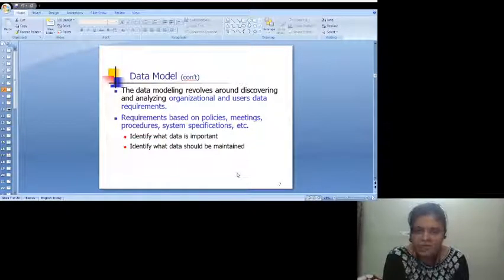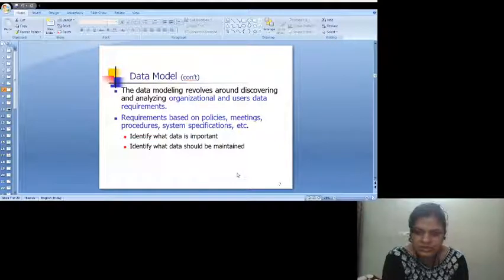Why am I saying data is important, and what data is important? Because not every data is important for every system. The data is meaningful for a particular system. For example, if I'm talking of a library system, some entities are very much important for the system, but not every entity is important. A library system may not capture the parking details of the college. The data related to parking details is irrelevant for a library system.